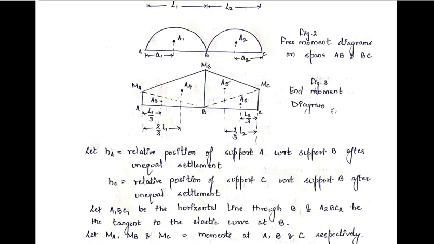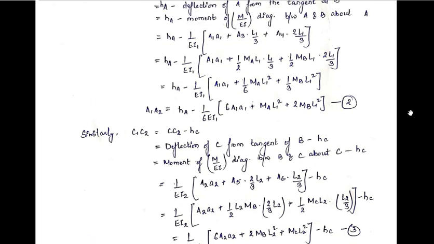A3 is what? If you see this diagram, A3 is the area of this triangle, and the area of this triangle will be what? Half base into height. The base is L1 and the height is MA. So I can write A3 as half MA into L1. And if you see this triangle, the base is ME and the height is L1, so half ME into L1. Putting the values of A3 and A4, I will get this equation. Solving this equation, taking the LCM and taking 6 common, we will get the value of A1, A2 as this. Let's take this equation as equation number 2.